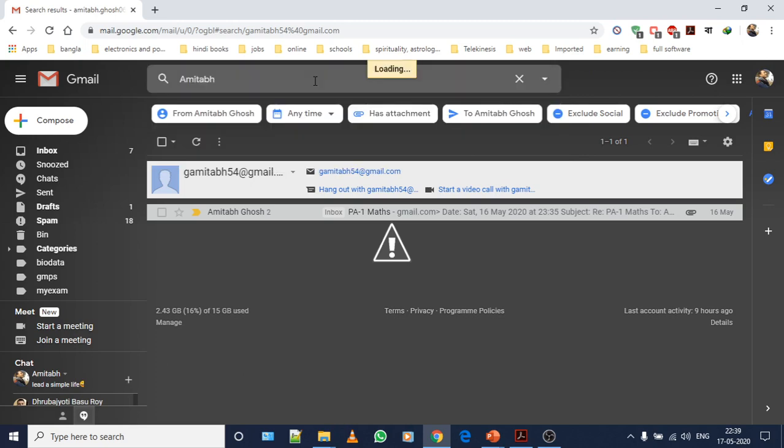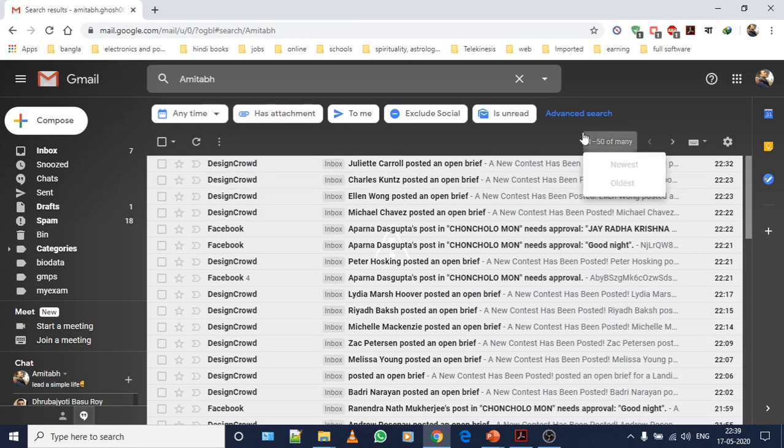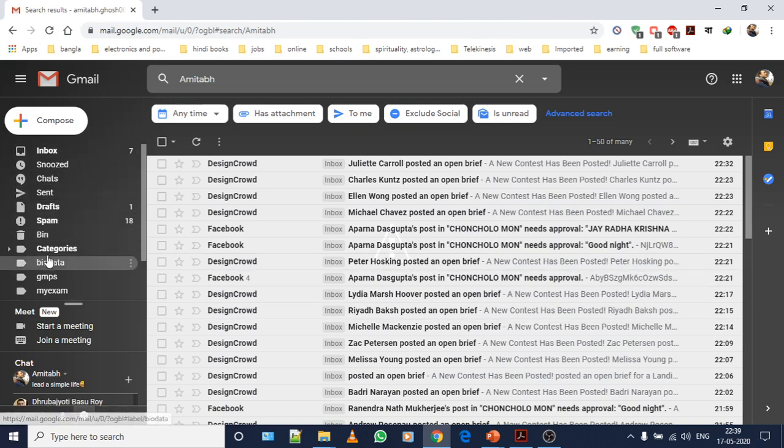Once you hit enter, it shows me 50 mail messages sent by Amita or to Amita. Since I am doing a keyword search, it will search for only this word in the mails in my mailbox, sent items, or any of these categories.